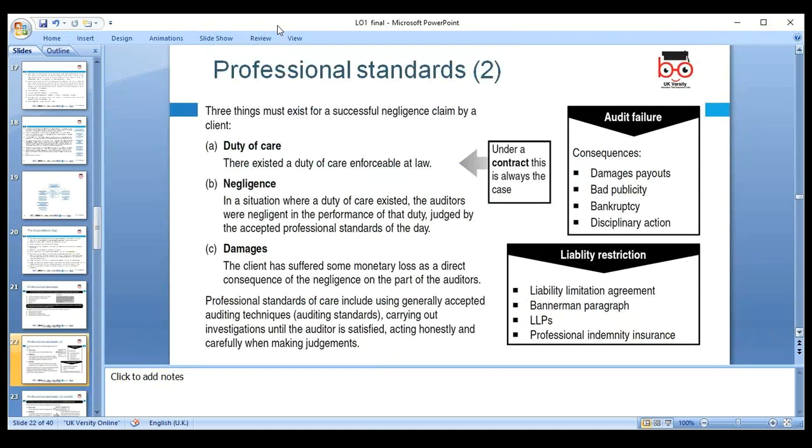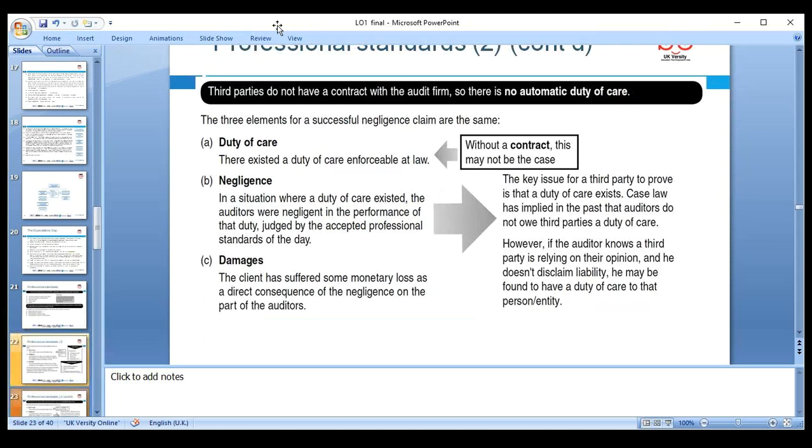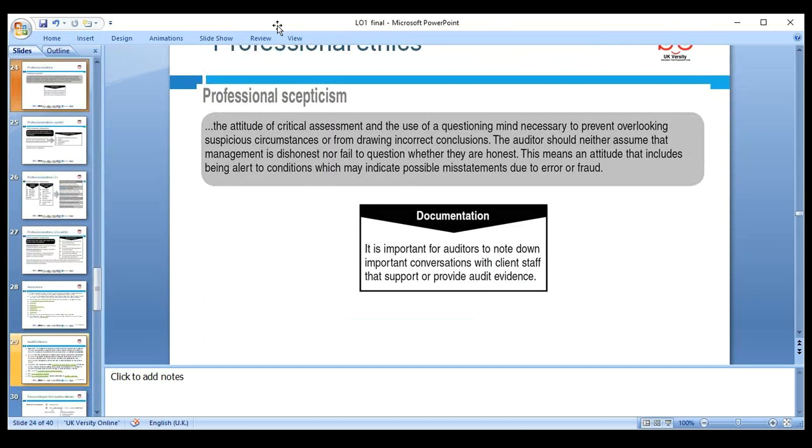Okay. So what we need from professional standards is always duty of care. We need to make sure we do not damage the reputation we give. An audit can fail, and sometimes we can't give a negative opinion without any evidence. So the report should be based on evidence. That is what auditors need to look at.